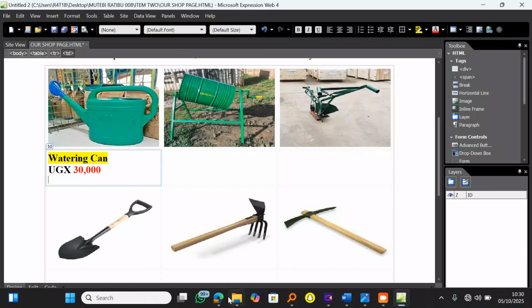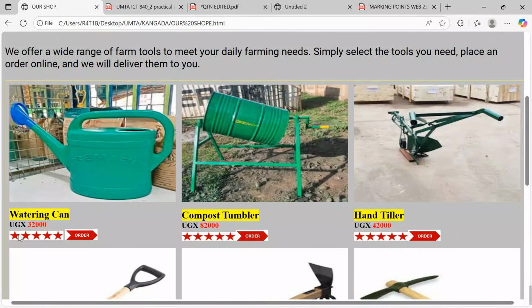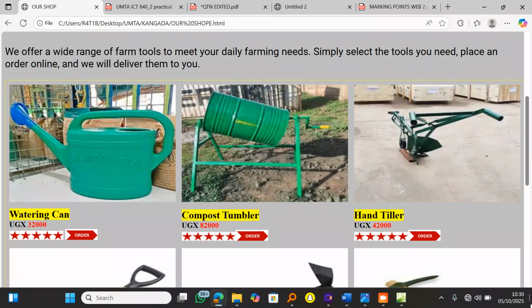So now, when you look onto our plan here, look at the plan. On the plan, I had even moved on to put some stars. This watering can is a 5-star product. What and what? So I had put everything there. Why are we doing this extra? If we want to get marks, don't submit shabby work. So I will come here, and then I drop in some simple